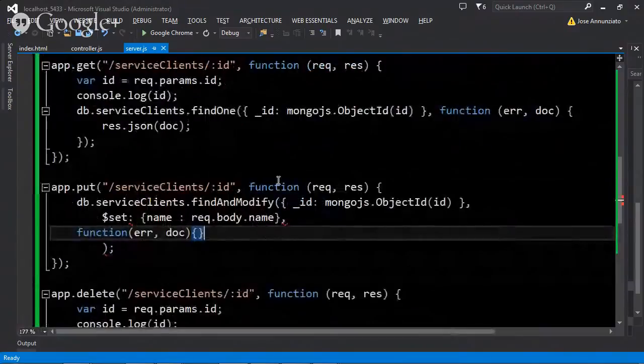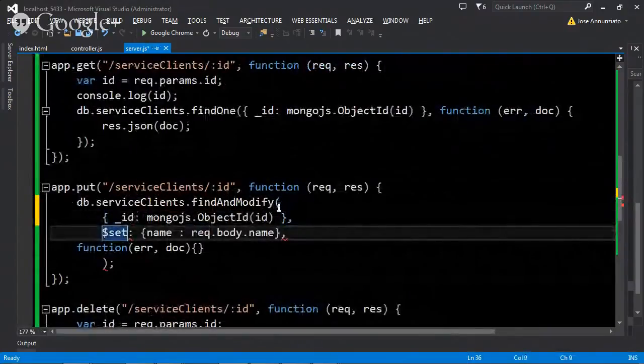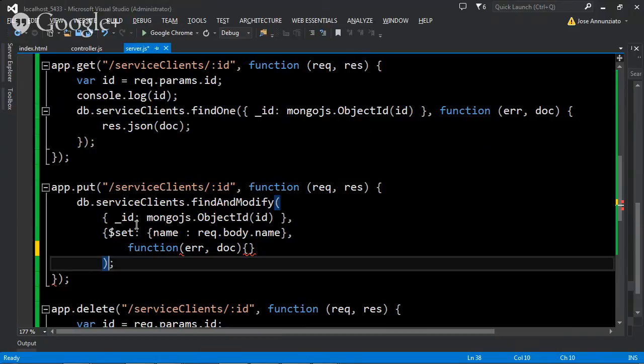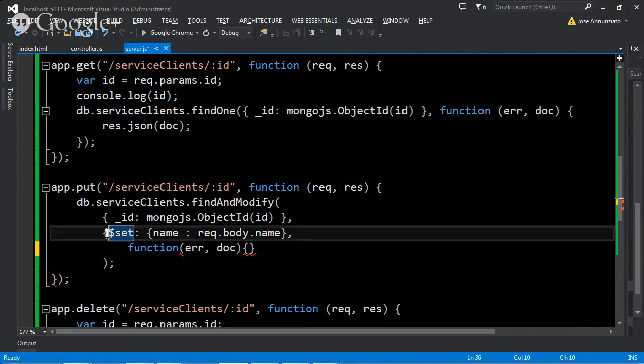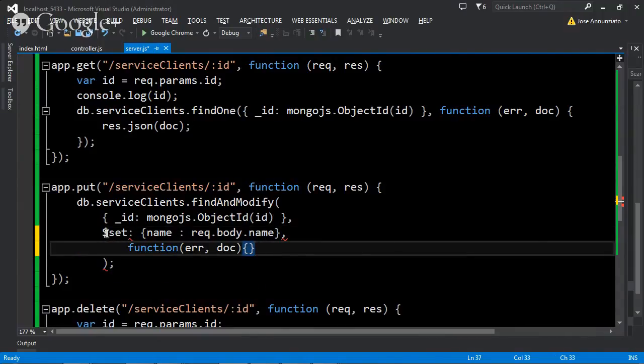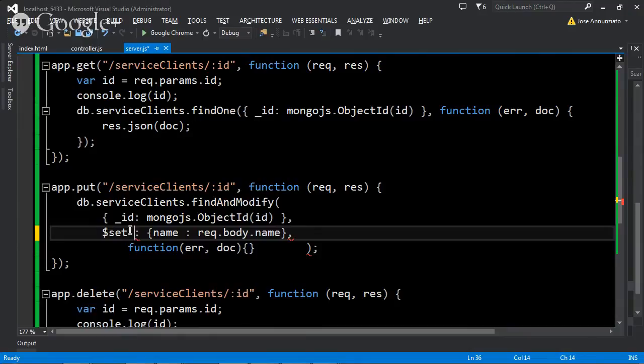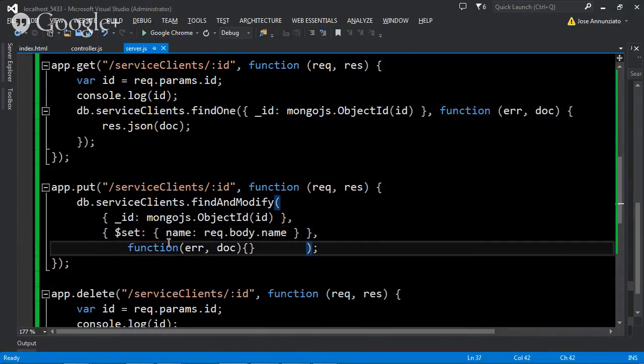We're missing something here. Here's the ID, that's this. Set. I think it's like that. Function. What am I missing? So that closes with this. Here's a function. Here's the ID, the filter. Here's the set. And then the function. Did you see an error message here? I don't see it. Syntax error. Oh, does this need to be an object? Okay, I think I fixed it. And finally, do